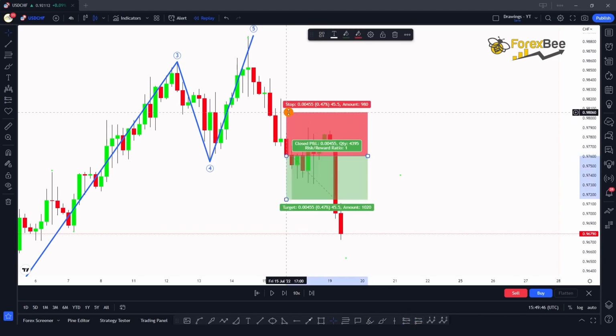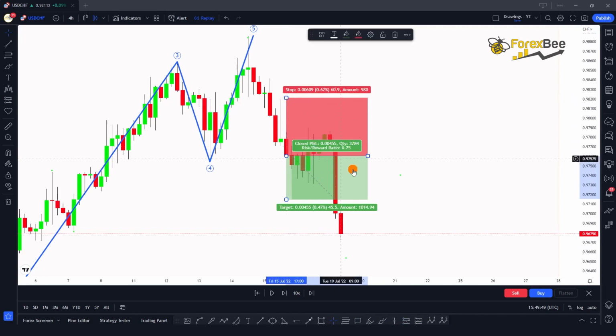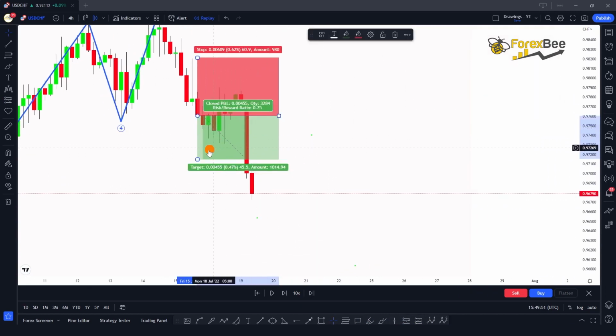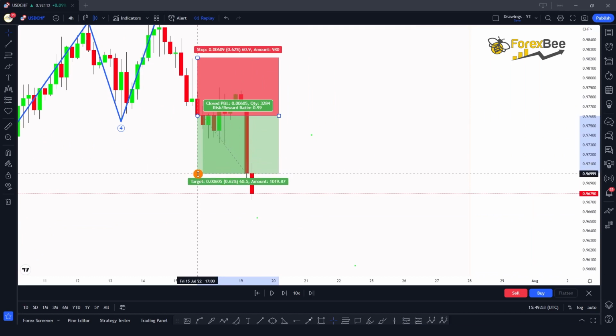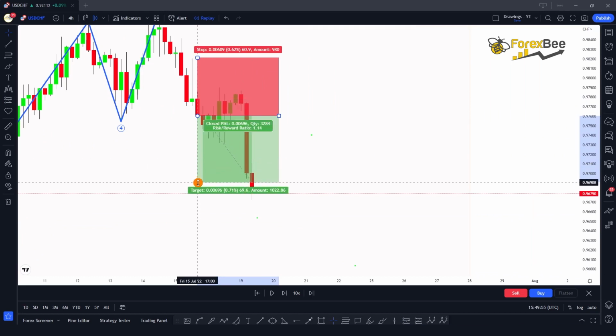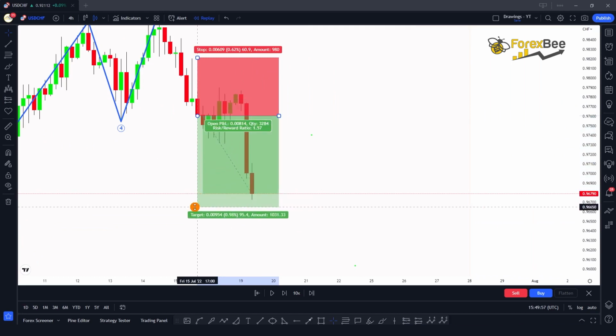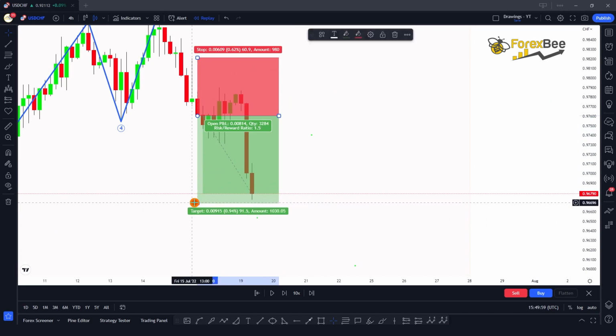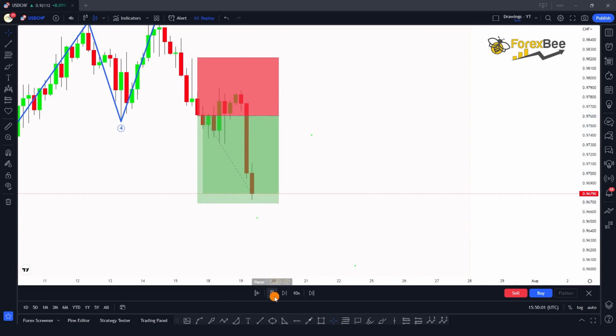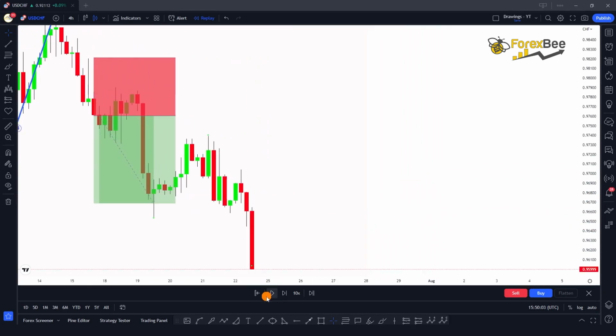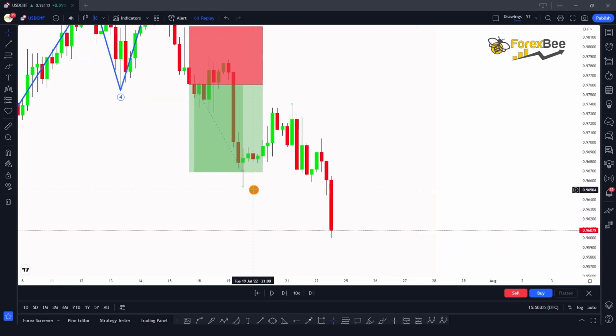and we can put our stop loss at the high of this pin bar, and then here we can target our 1.5 to 1 risk to reward ratio. So for example, if we target 1.5 risk to reward ratio, and if I forward play the market, you can see that our take profit level was hit here,